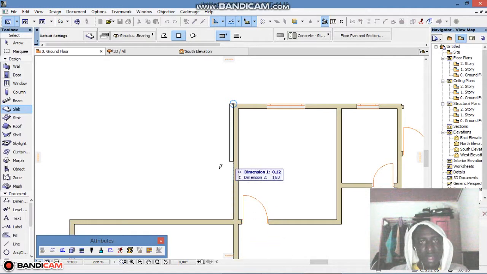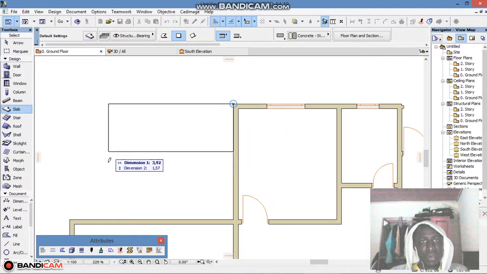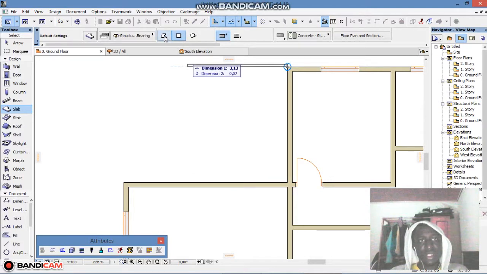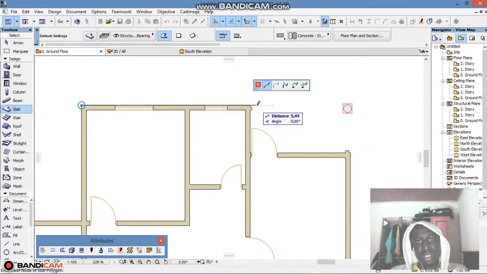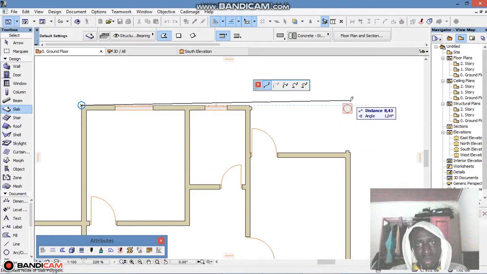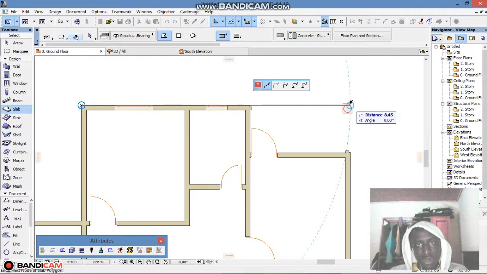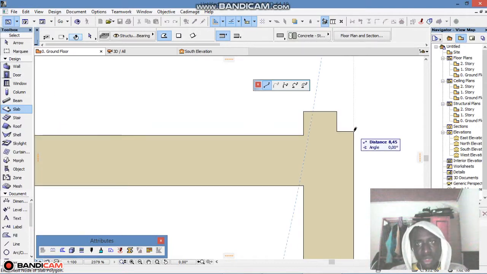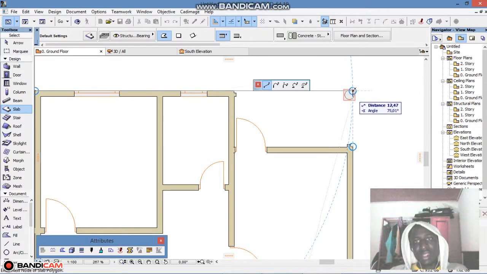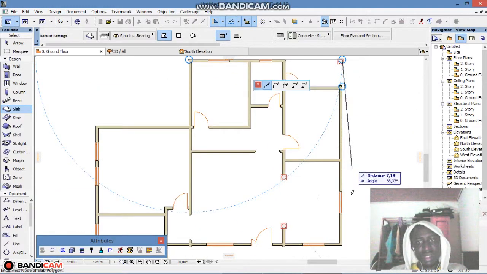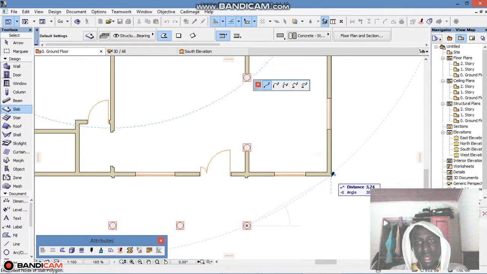I'll start by putting my slab. Now when you pick your slab and it's going this way, you need to change it here. You click here, and then you have a single style to work with. I'll drag, but now I can't find somewhere to stop here. If I can't find somewhere to stop here, I'll hold the shift key while dragging. I'll hold the shift key, and then I'll bring my cursor down here. Since I have a point here that I can rely on, I'll click here, but it clicks here. This is where it inserts the knot. I'll click here,